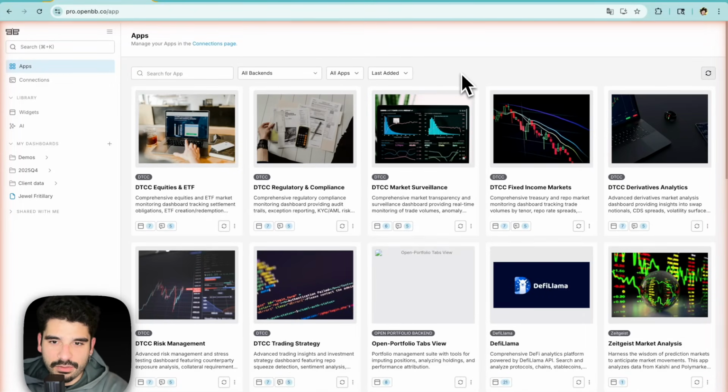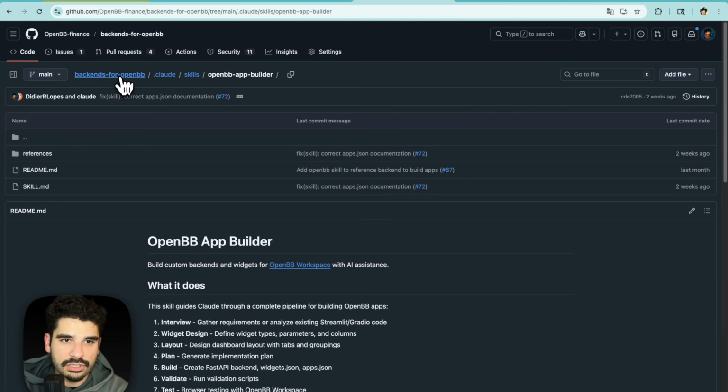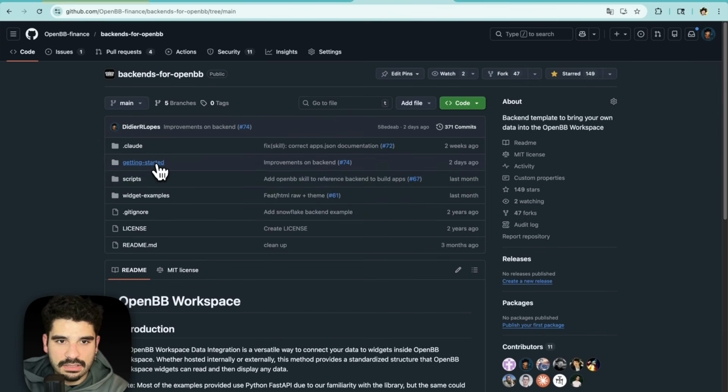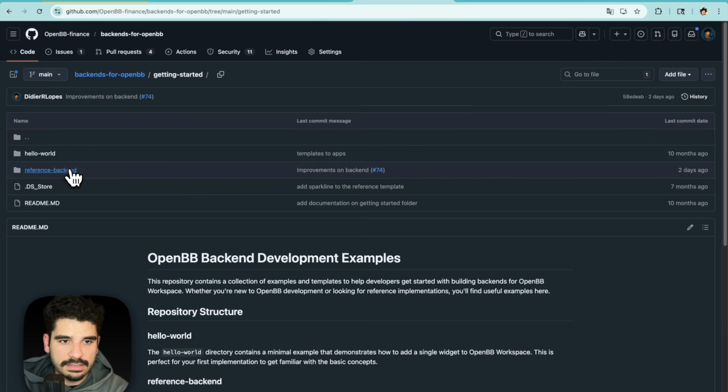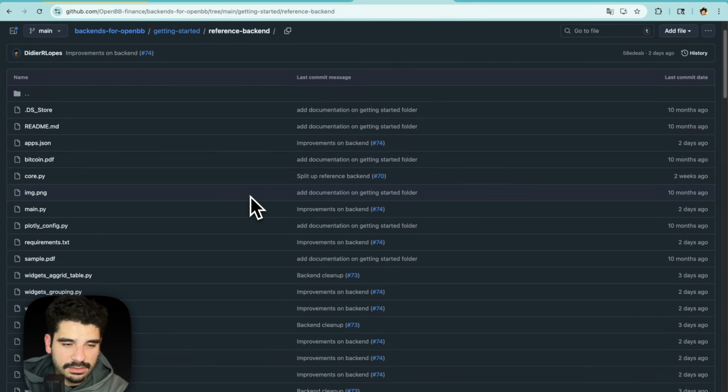So for a while I've been building OpenBB apps, and one of the ways I've become really fast doing so is with AI agents. And these all started because we have this repository, which is called Backends for OpenBB. And essentially what happened is I created this getting started, and then I created this reference backend. And at the beginning I started having just a few different types of widgets because prospects and clients were asking,